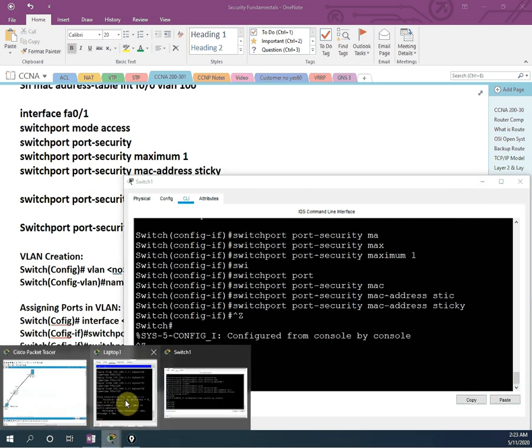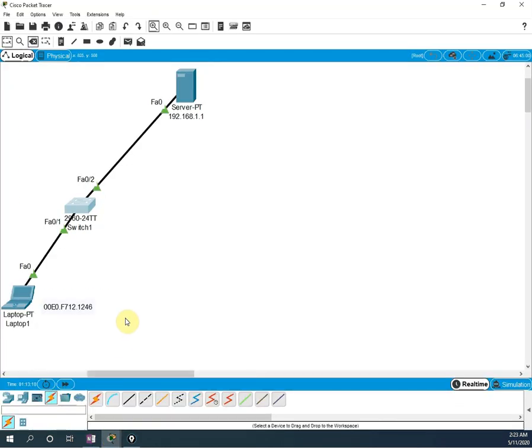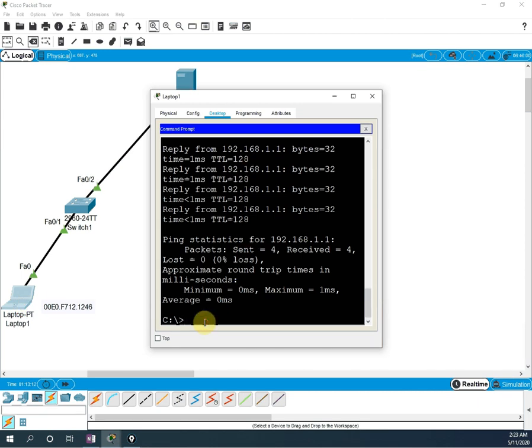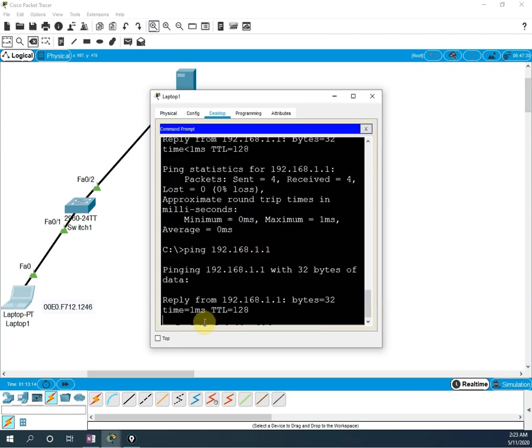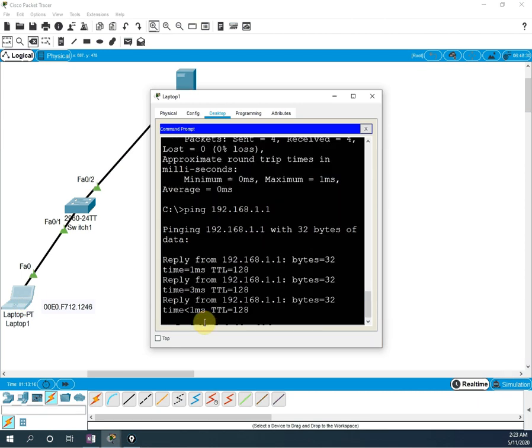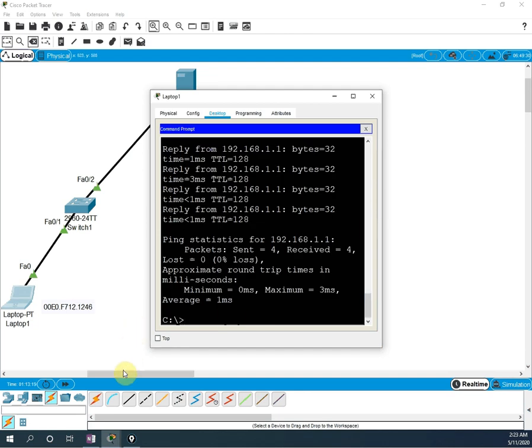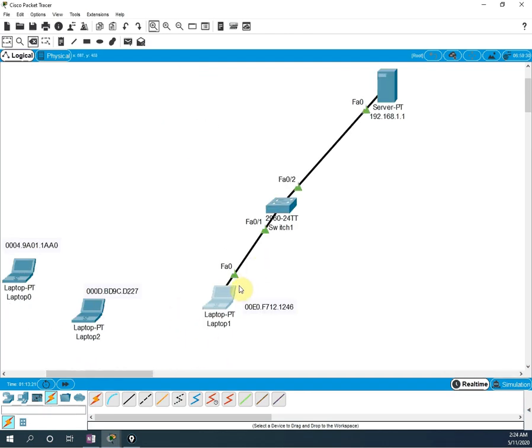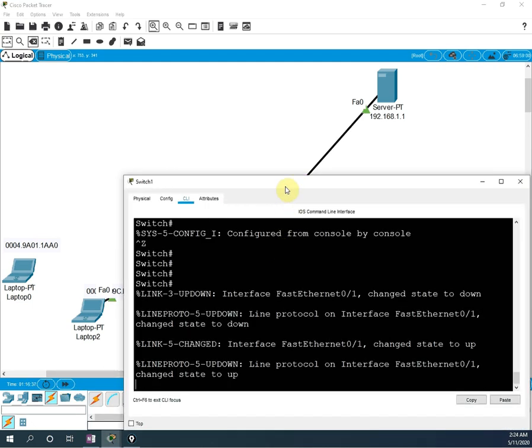Now let me check here in the Packet Tracer. Can I ping our server or not? Okay, I can ping, because I already configured our correct laptop. I can ping, but now I will disconnect this cable, and this guy went home. Let me take this cable to the other guy, and he will connect to the same port F0/0. Okay, and now I will check what will happen.